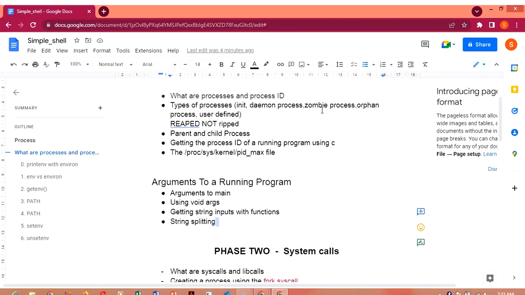Now a parent process is the one that is being started. Now when a program starts and then it creates a sub process, that sub process is called what, a child process. So with this short explanation, we could see that the init process is actually the mother of all processes,